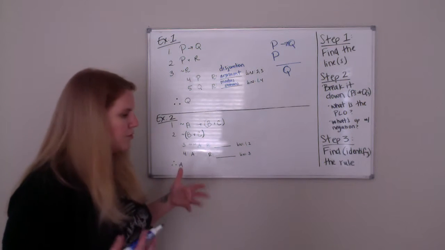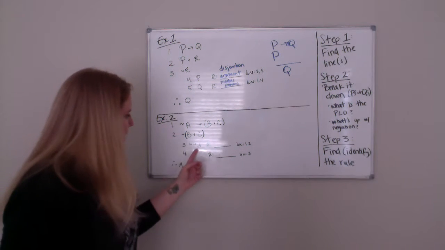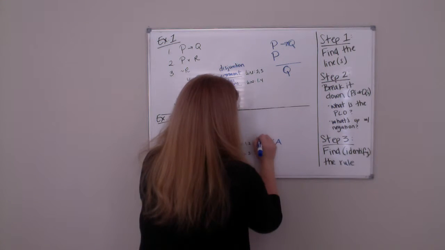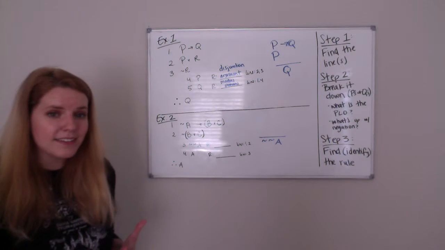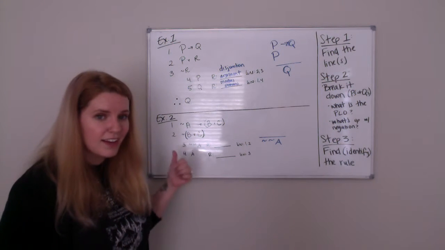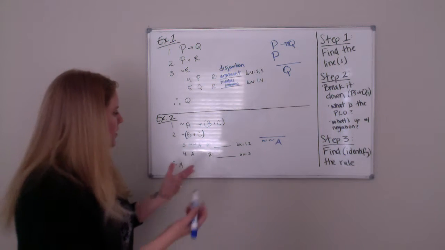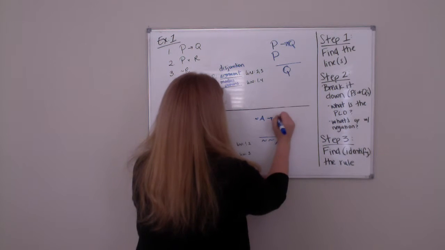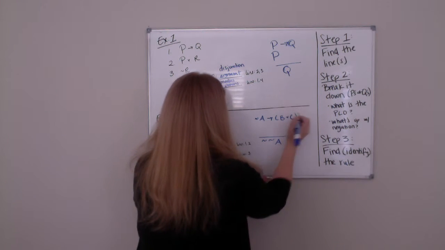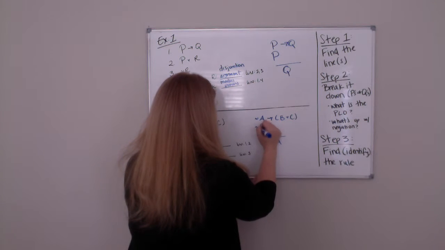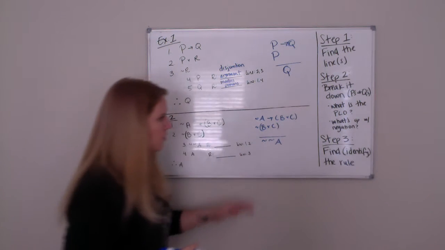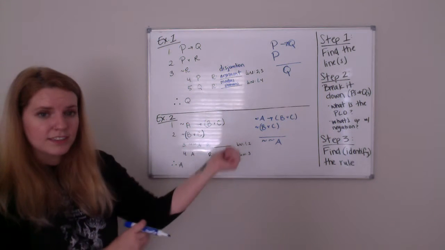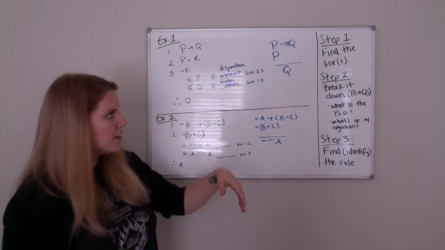Okay, so the first claim that we know we can deduce somehow is not A. And let's isolate the information from the lines that we've cited that we know can give us not A. That's lines 1 and 2. So those are both of our premises. So one line would be if not A, then B or C. And the second line is not B, or C. Okay, so we have our lines, we have that information isolated, we have it pulled apart,